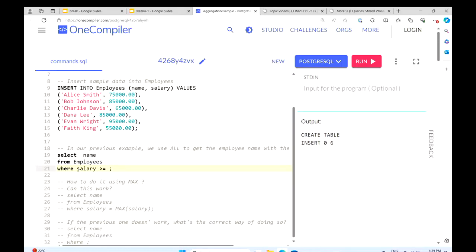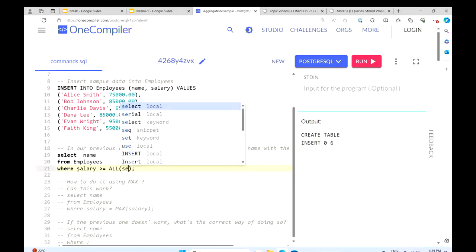The condition here is like WHERE salary, because we are selecting the employee with the highest salary, so we need the employee's salary to be larger than or equal to all salaries.